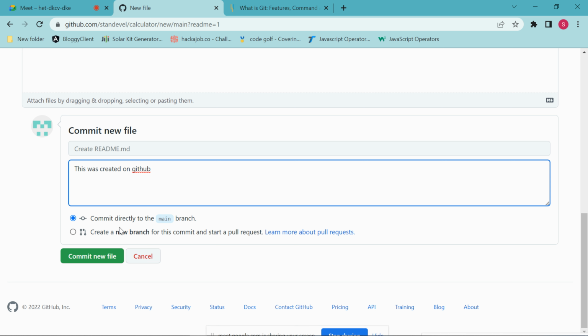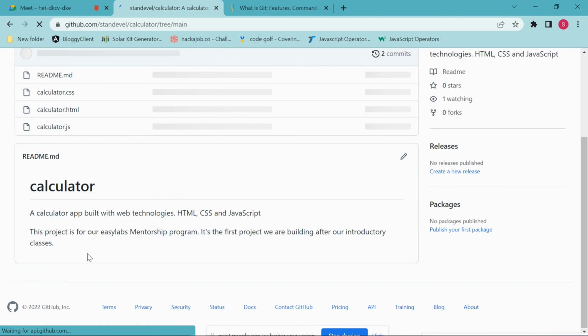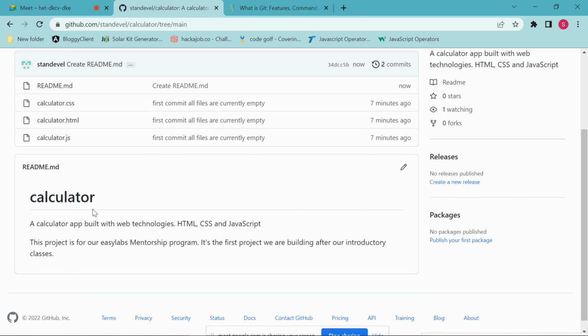All right. And then you now say commit directly to main. As we check this, it's going to be added directly to main. If we don't check it and check this one, it's going to create a new branch that has this content, which will then be ready to be merged into our existing main branch. So I'm going to merge it directly with main. When we start building the project content, then we will continue with more lessons on creating and managing branches. Now you look, we now have a README file,